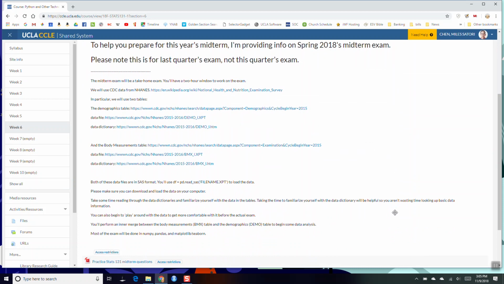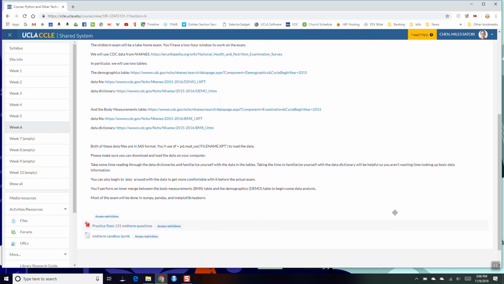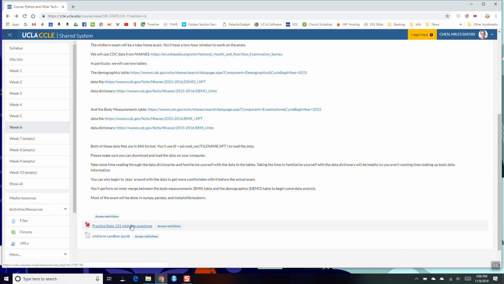The idea is that I'll provide links to a data set or at least some data, and you'll import the data and load it up. I'll provide a baseline Jupyter notebook to get started, and then you'll get the data in, and then I'll have questions related to it. So, for example, last quarter's midterm exam